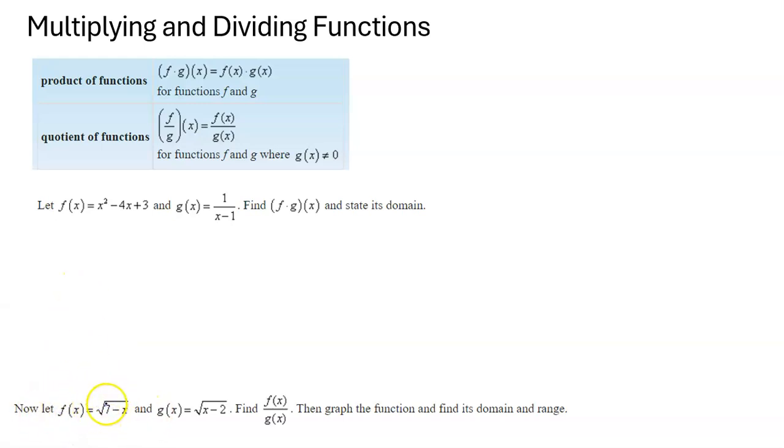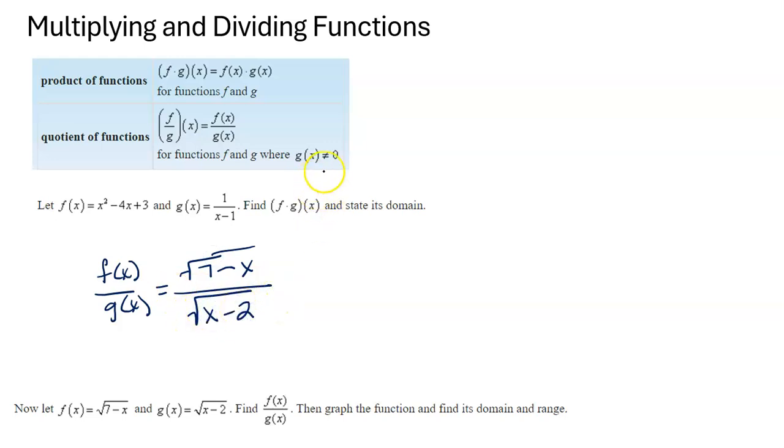So it says let f of x be that and g of x be that. Find f of x divided by g of x, graph the function and find its domain and range. So I may have to exit to go to Desmos to show you what the function looks like. But f of x divided by g of x is equal to the square root of 7 minus x over the square root of x minus 2. And our domain,